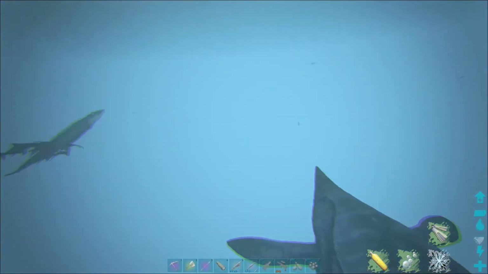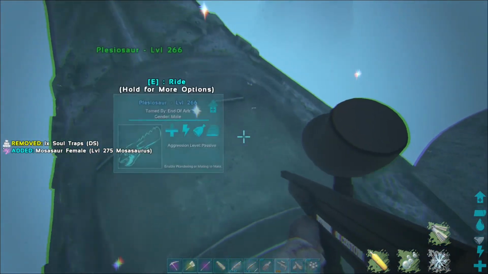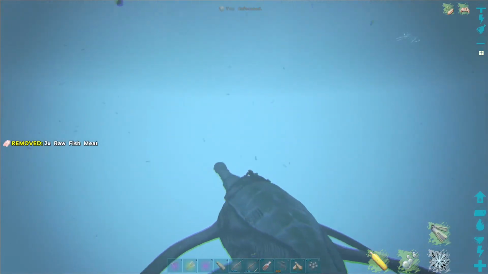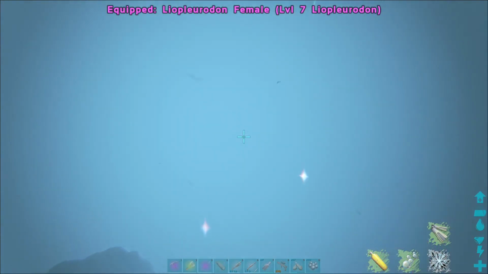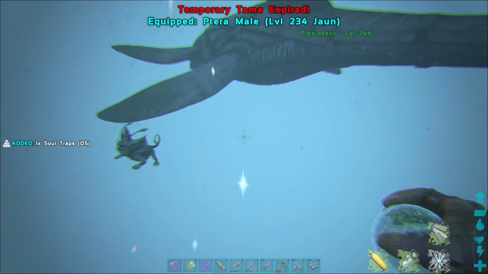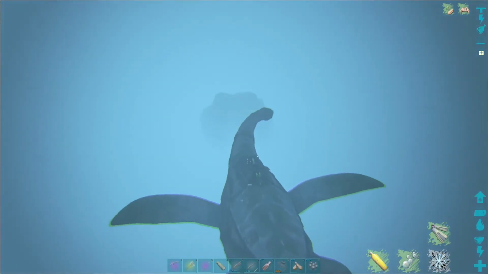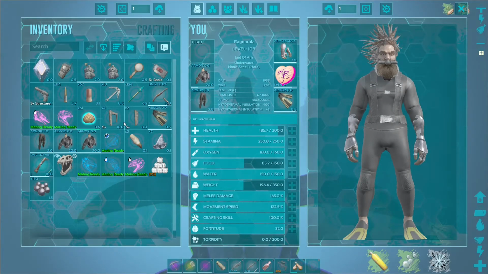Or 4. I don't know. There's a lot of them. I'm gonna grab you. There's something else I think I wanted to say. Is it something I have? Oh, that's right. Okay, so it's been quite a few hours since we last tamed this guy. Now, if we throw her out, boom, temporary tame expired. So it's not cheaty to have them in the soul balls there because they just disappear after the timer runs out. So yeah, I wanted to show that off